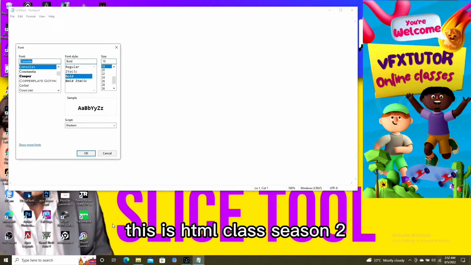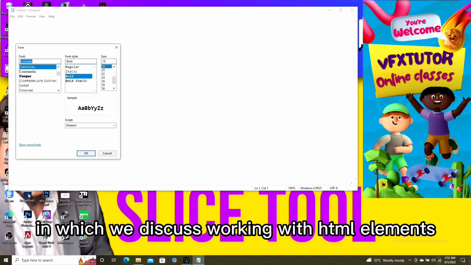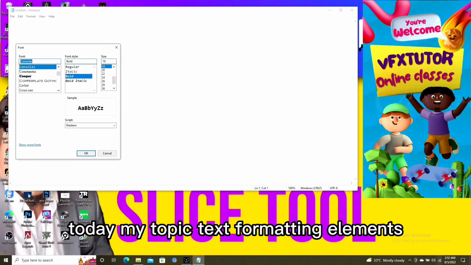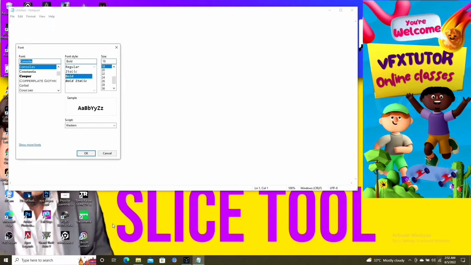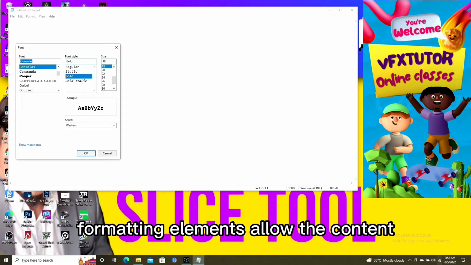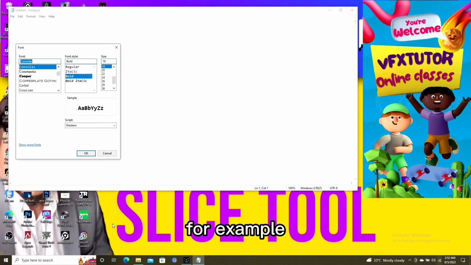This is HTML class season 2 in which we discuss working with HTML elements. Today my topic is text formatting elements. First question is, what are text formatting elements? Formatting elements allow the content of a web page to appear in a different manner. For example,